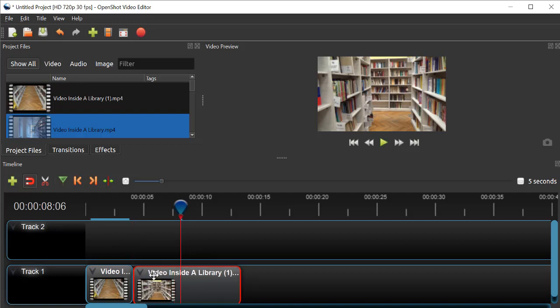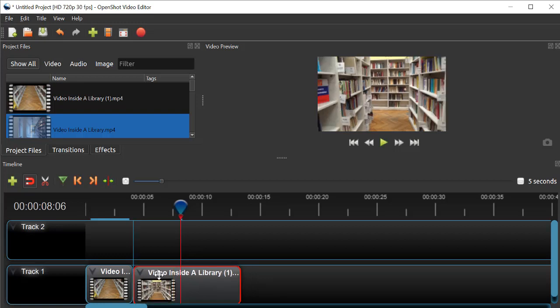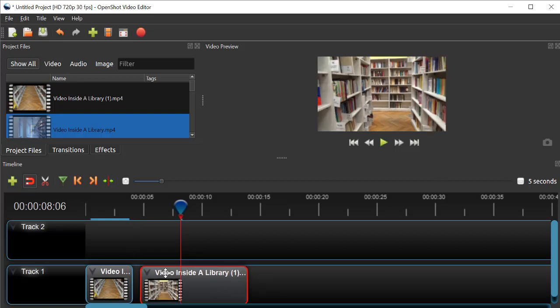The reason is that, you can see here, I'm pulling it back, but it goes a little bit forward. I'm pulling it back a little, and it works like a magnet, because there should not be any gap in between. Actually, the reason for that snapping option is that there should not be any gap between two videos.